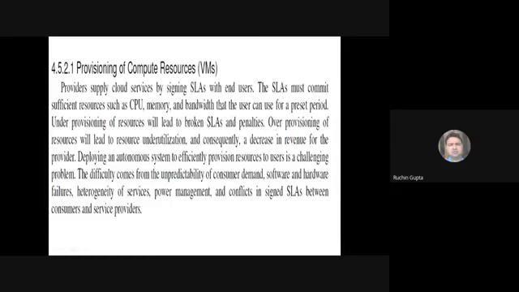And we know that if the resources are not provisioned correctly, there may be a case of under provisioning of resources, and there may be a case of over provisioning of resources. So if the resources are under provisioned, it means the sufficient resources are not made available to the customer. It means that the service provider has to pay a lot of penalty to the consumer because he is actually not satisfying the conditions listed in the SLA.